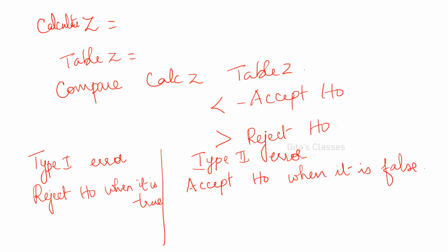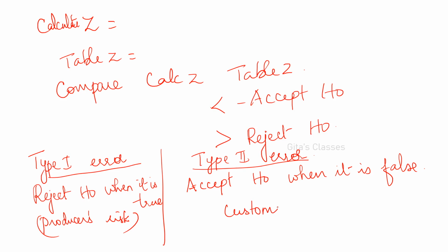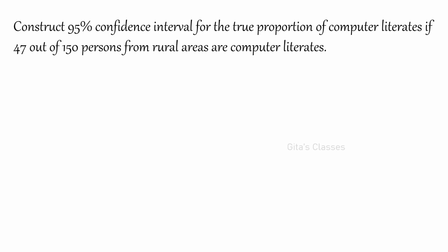These are very, very important. Type 1 error, type 2 error, you can expect for a 2 marks question, even the definitions. So reject H0 is what? This is producer's risk. I have explained all these things with one pen example. So here it is customer's risk. These are the important points, and please remember all the formulas. Now let us see problems, previous year questions, and two more questions from an important point of view.